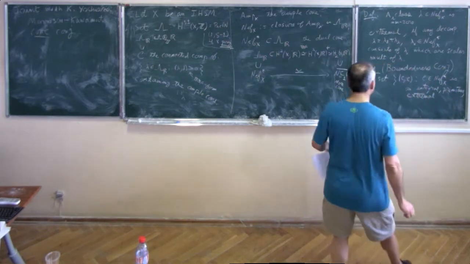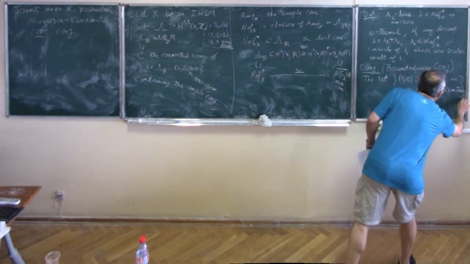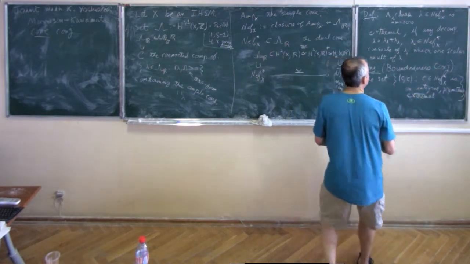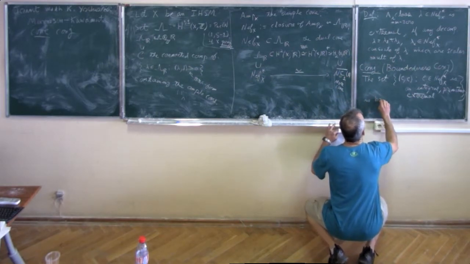I think that's all I need. Yes. So this set of intersection numbers of extremal classes is bounded below